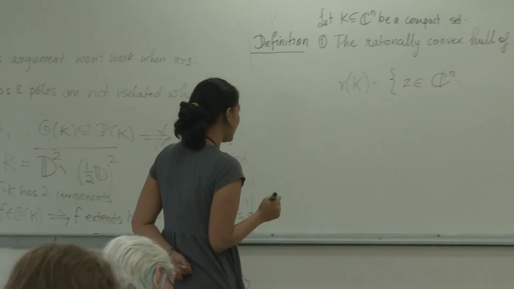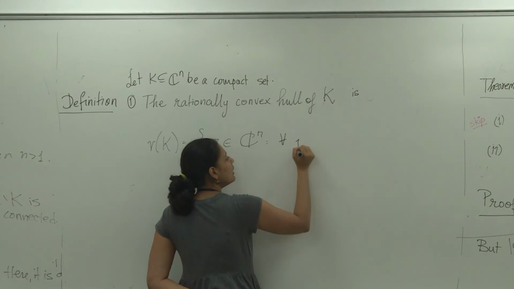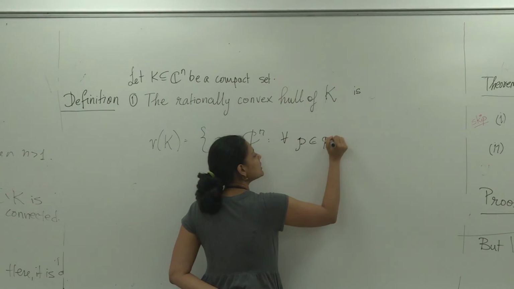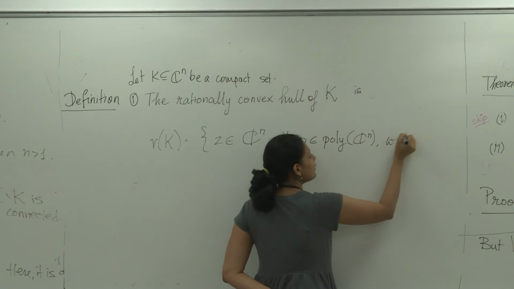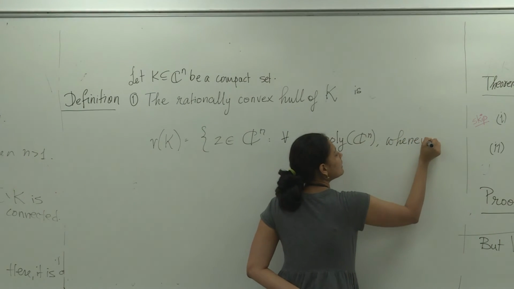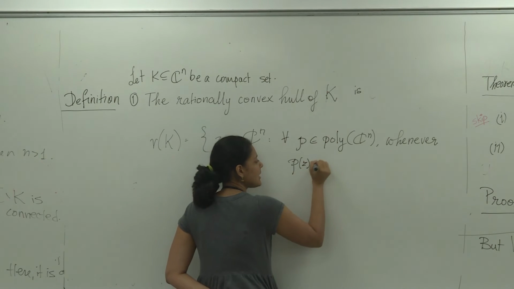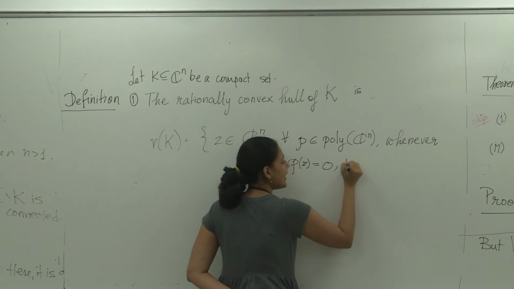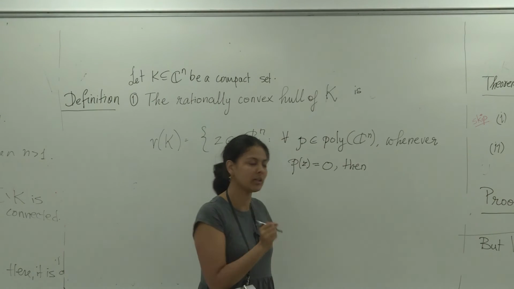So what do I mean by that? It means that for all polynomials on Cn, whenever